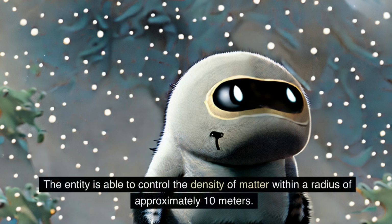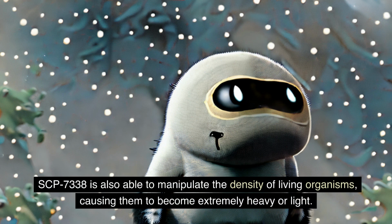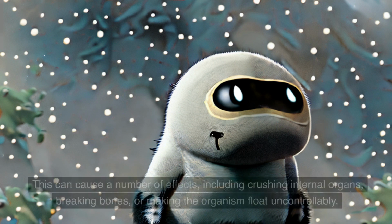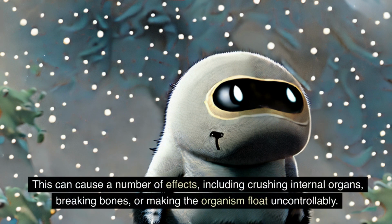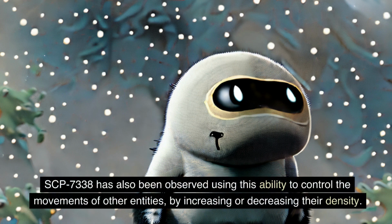The entity is able to control the density of matter within a radius of approximately 10 meters. SCP-7338 is also able to manipulate the density of living organisms, causing them to become extremely heavy or light. This can cause a number of effects, including crushing internal organs, breaking bones, or making the organism float uncontrollably. SCP-7338 has also been observed using this ability to control the movements of other entities, by increasing or decreasing their